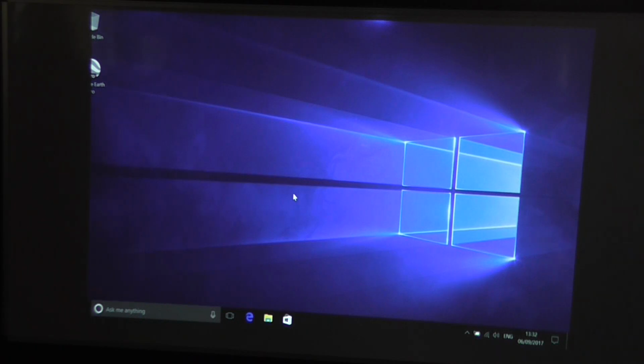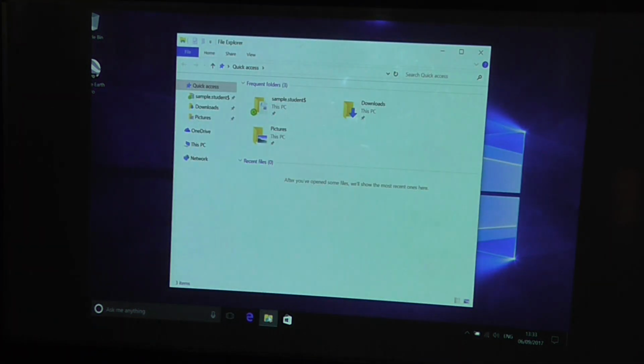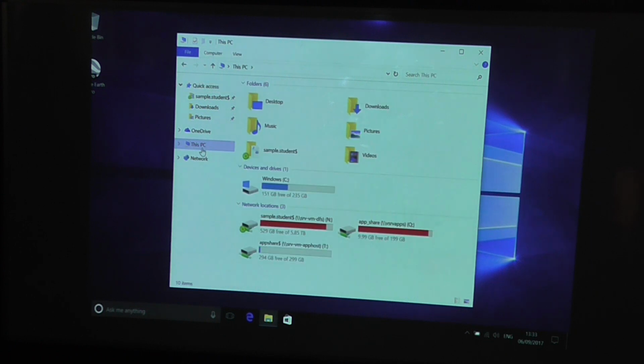So the next big thing, now that you've got your email set up, now that you can actually type the @ symbol properly, the problem that you've got is that your drives are going to look a bit funny. So you click on the folder there and that doesn't look normal. So you have to go here to this PC, and that looks a little bit more like what you're used to. However, the N drive now,